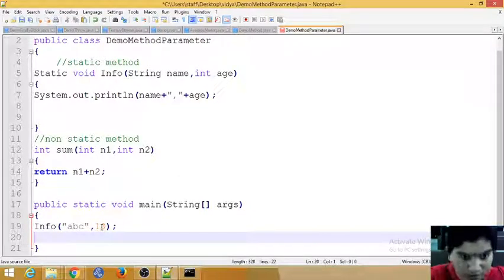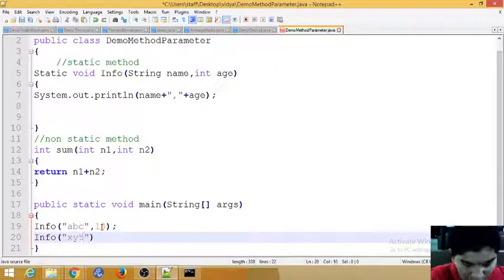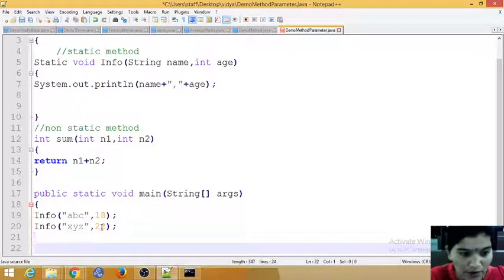One more, info, the method name, I am passing xyz and age 22, with a semicolon. So I am passing two variables for one method.